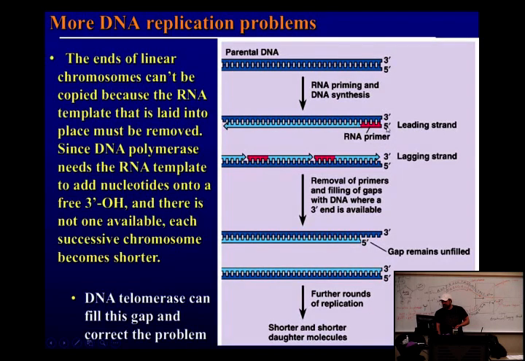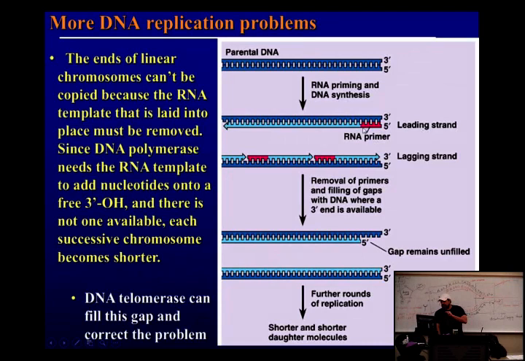And so here's the leading strand. The primer is laid down. The leading strand is copied continuously. Here's the lagging strand, so it's copied in parts. Here's a primer, here's a primer, here's a primer. So you can see the lagging strand can go all the way to the very end of this newly copied chromosome. By the way, where does DNA get copied? What phase of the cell cycle? In the S. S, yeah. So all of this occurs during S phase.